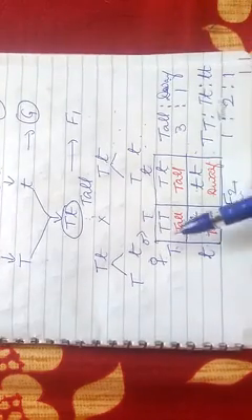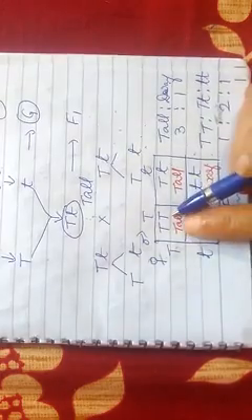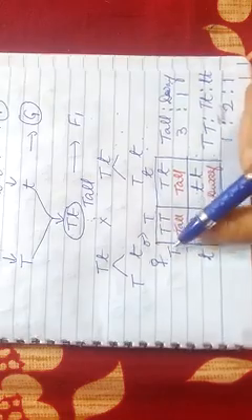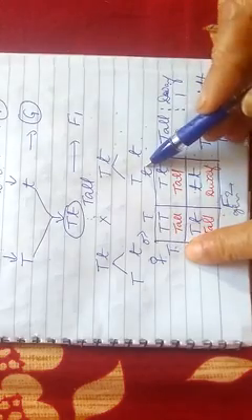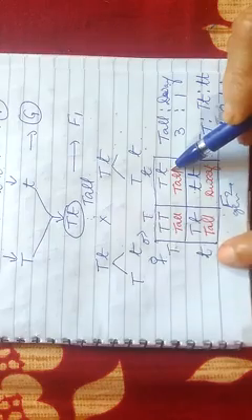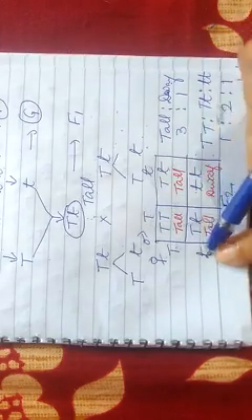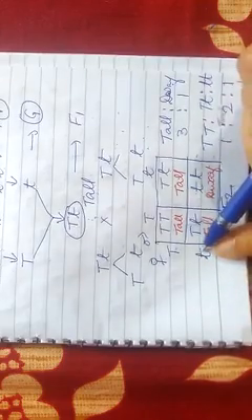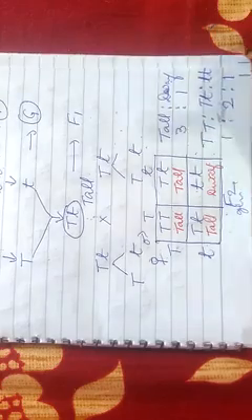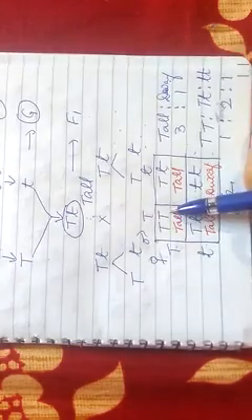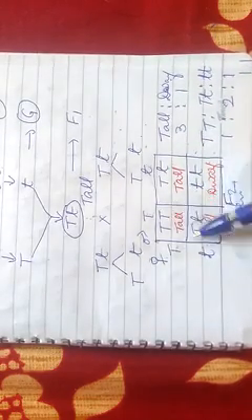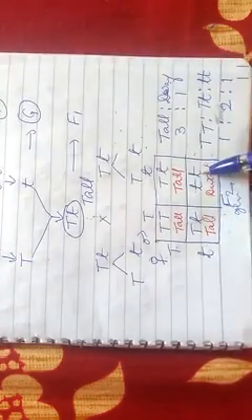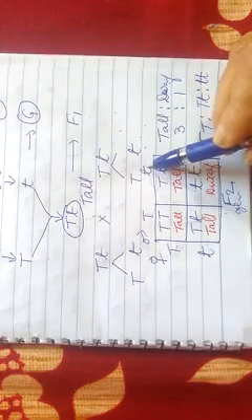Now we have to show random fusion. Like in this box, how will we show the fusion of gametes? Fusion of this and this will be written over here. Fusion of this and this will be written over here. Likewise, fusion between the gametes, this and this will be written over here, and fusion between this gamete and this gamete will be written over here, right? So what are the possibilities of fusion? Capital T, capital T. For this box, it has to be capital T, small t. For this box, capital T, small t, and for this box, small t, small t, right?